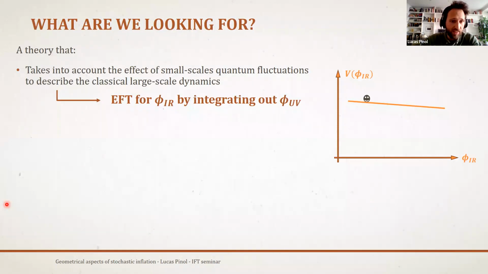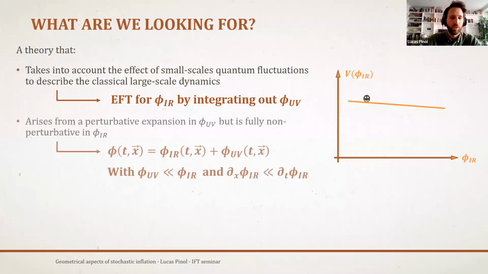So technically, how can you do that? Well, what you are aiming for is called an effective field theory for the large scales by integrating out the ultraviolet ones. This is called the coarse-graining procedure. And it is something that is like the basics of physics, to basically look at the scales which are relevant and to integrate out the ones that are not.